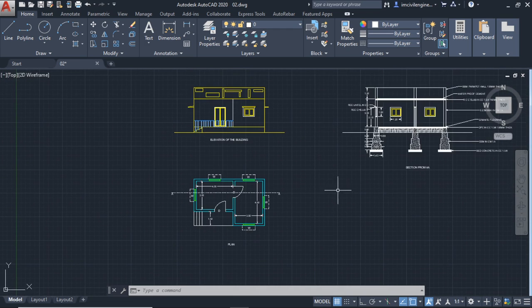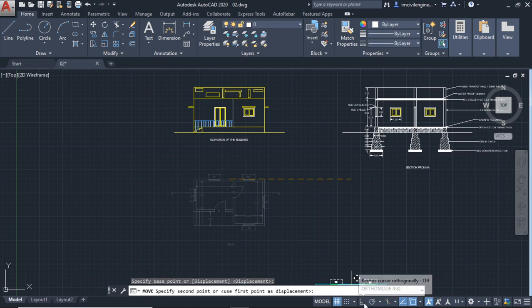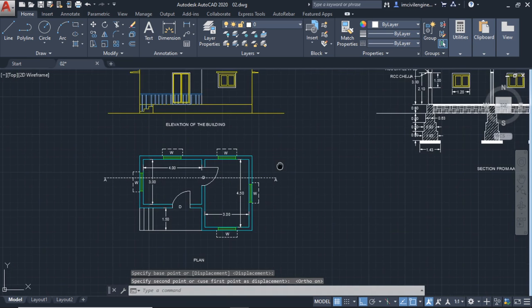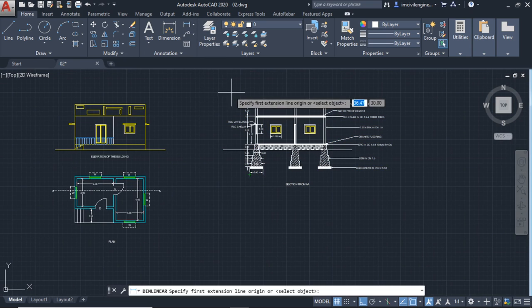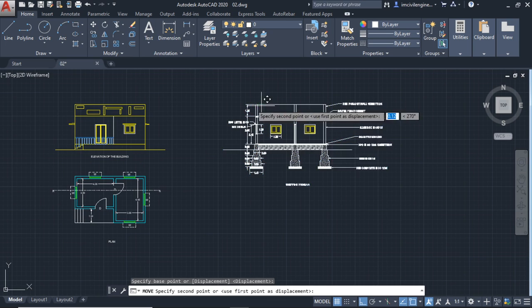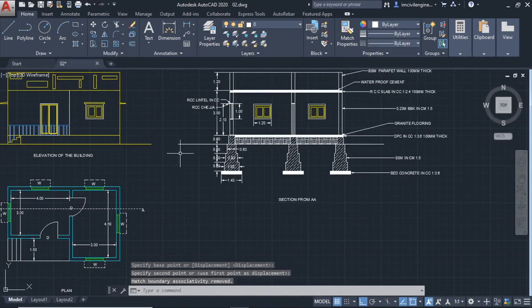So I will go with some center line plans. So I'll just move this little bit upward. So go with ortho on because it will look fine and well and good. So one second, I have to select the whole plan and select move here. Yes. So again